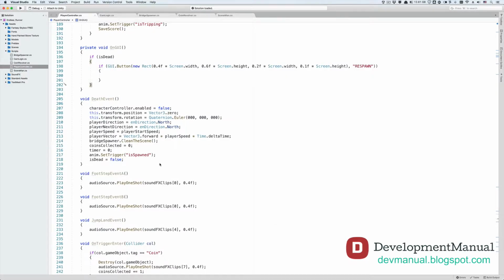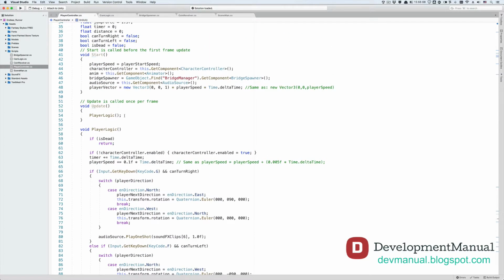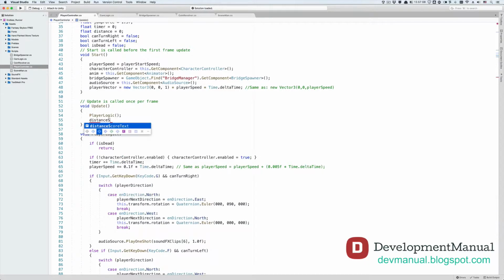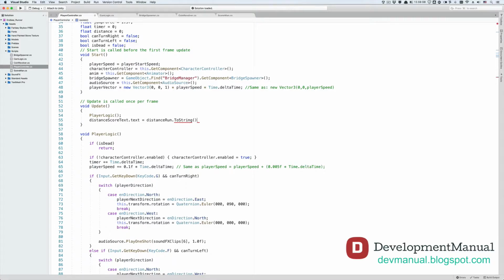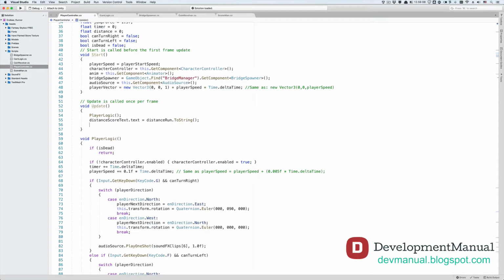Now these two variables are instances of the distance score text and coin score text game objects, which means that we can adjust their respective text values from here using the .text property. So let's go to the Update function and start a new line. Type distanceScoreText.text equals distanceRun.ToString(); Now we're constantly updating the text value of the distance score text game object with the distance run value. Let's do a similar thing for the coin score text. So let's start a new line. Type coinScoreText.text equals coinsCollected.ToString();